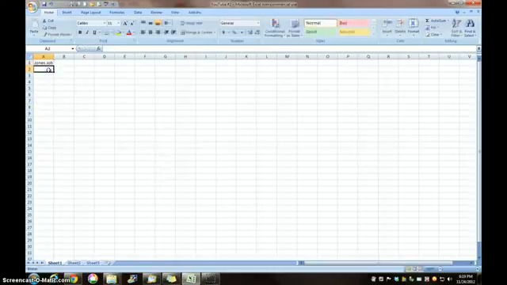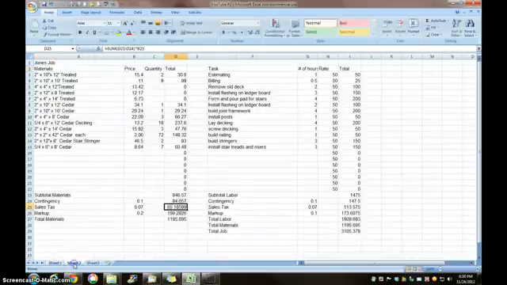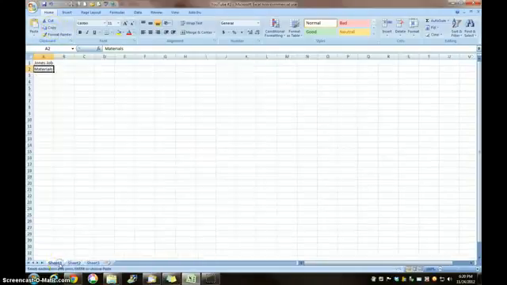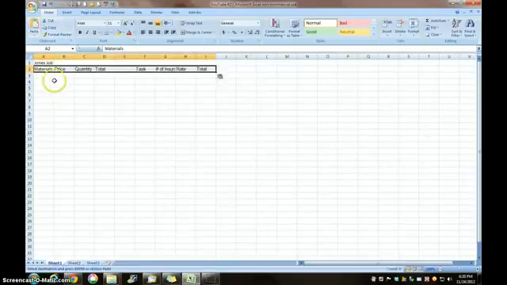Now we're going to start a list of materials, and now is when I'm going to start cheating. I'm going to take this top row, press copy, go back to sheet 1 and press paste. Now I've got materials, price, quantity, total, task or job name, the number of hours, my hourly